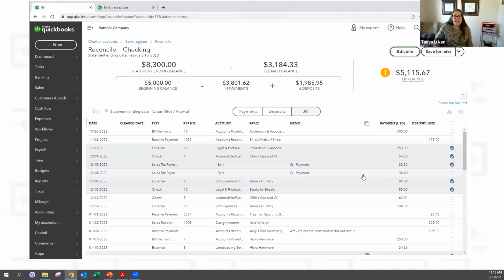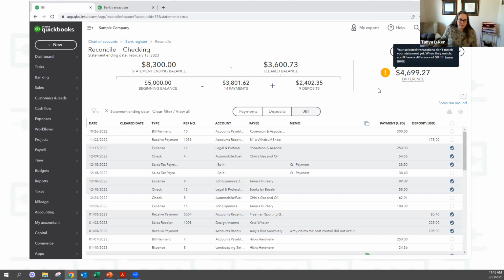A lot of times, if I'm off 20 cents, it's so frustrating. You're like, man, I don't want to look for 20 cents, but I'll look for like 2 seconds. Once you pick off all of the transactions that are in there, you're just going to match individually these things on your statement to these things in QuickBooks. If you're doing your bank feeds correctly, when you come in here, it'll already be 0, which is super awesome as well.